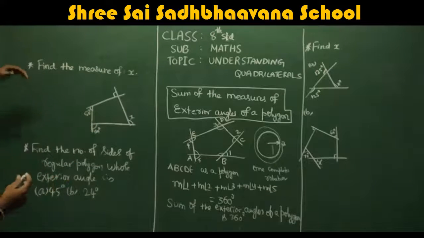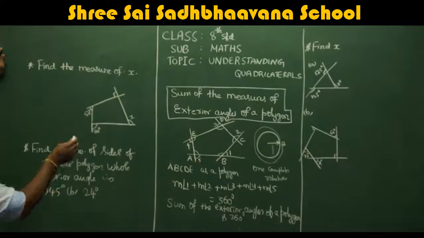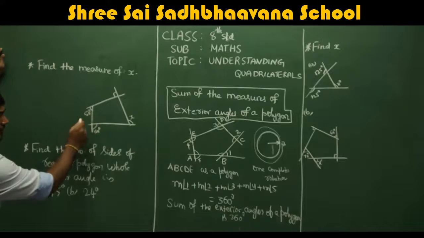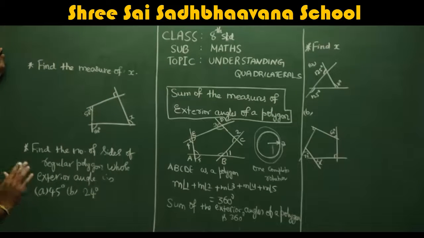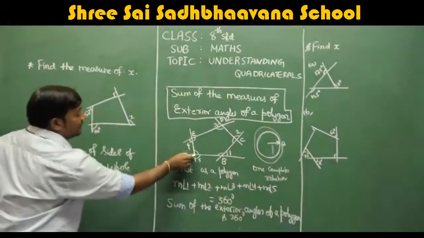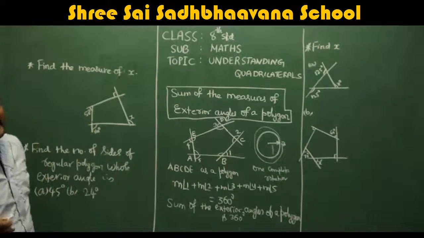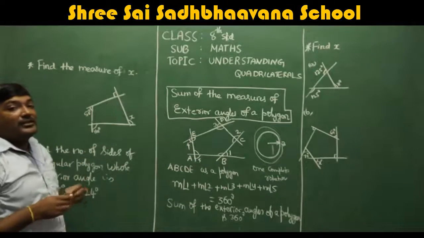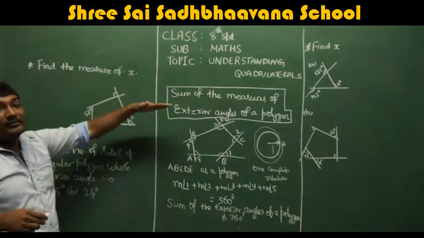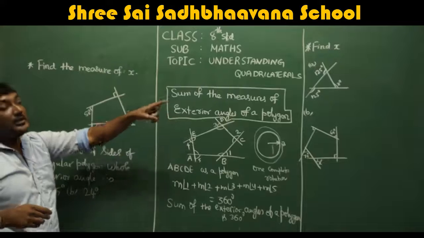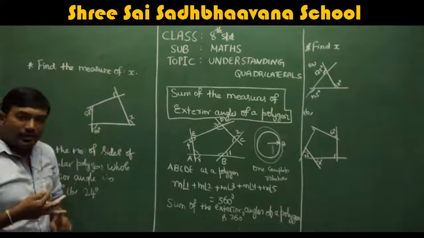So basically, how many angles are there? Obviously, in these exterior angles, we have 1, 2, 3, and 4. Correct? Fine, 4 angles are there. Remember, you might be getting a doubt here: 5 sides are there, but here only 4 angles are there. There, 5 angles are there, so their sum is 360. Here also 360. Yes, this is applied for all polygons, even a triangle. Remember, a triangle is also a polygon.